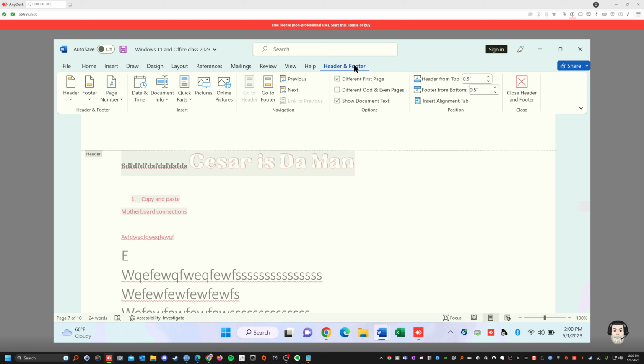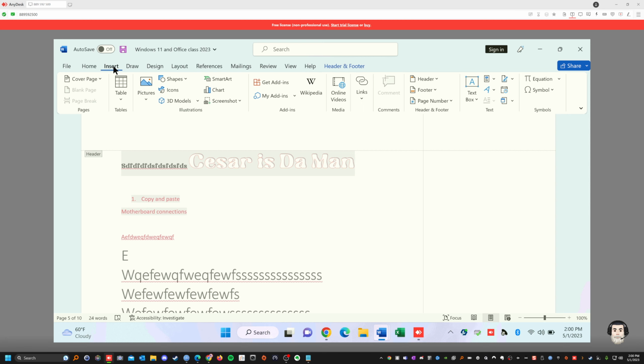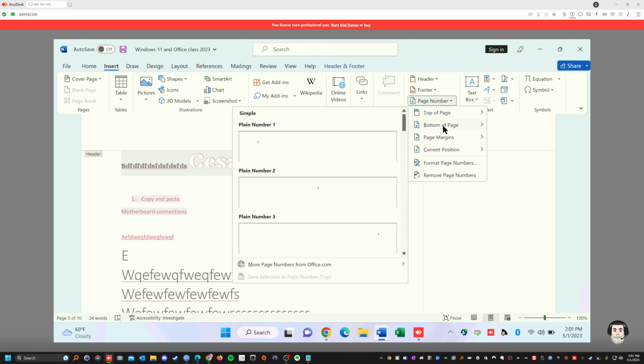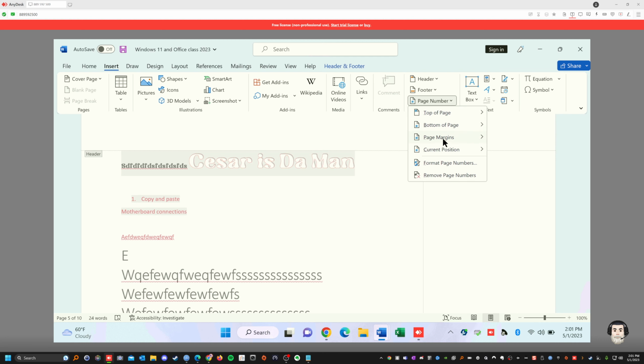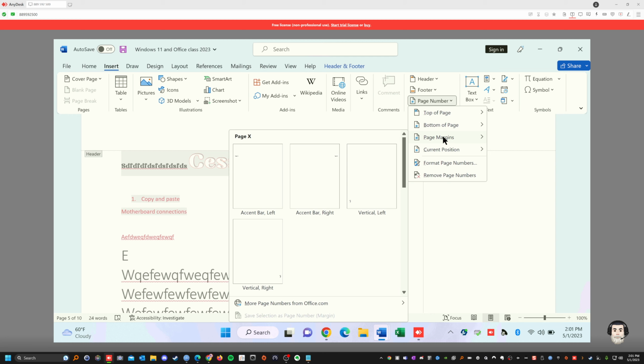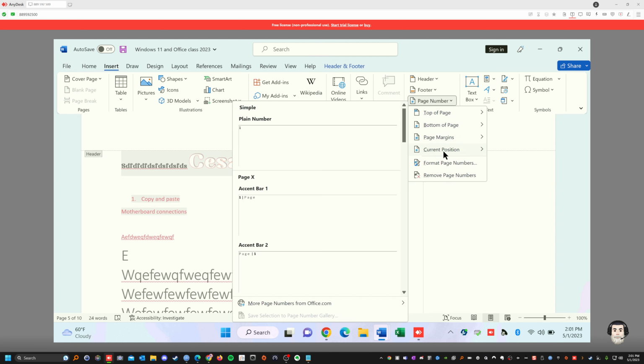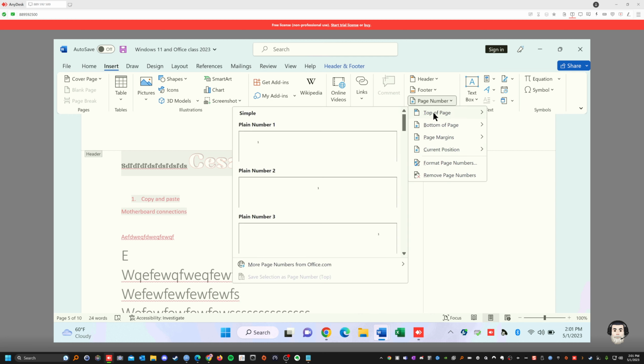Header and footer, see? And it opened a tab called header and footer. Okay, let's go to insert. Okay, there you are. So that's pretty simple. That's if you want to add a page number to the page, right? So how many pages you have? You got 4 pages now or 5 pages? 5 to 10 pages? Just click on here, and then you could put it on top of the page, or you could put it on the bottom of the page, or you put it below the margin. See that? Or you put it in the place where your cursor is. Let's say top of the page, if we want to number that page.